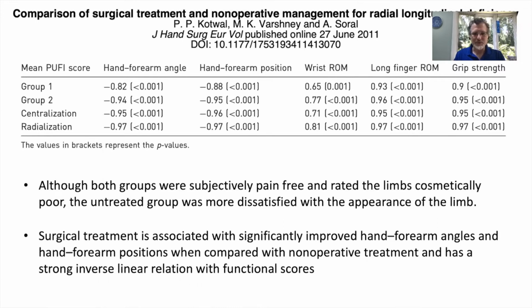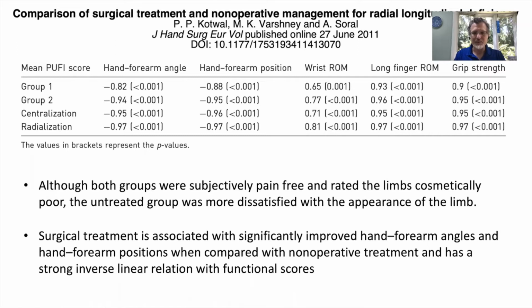And although both groups were subjectively pain-free and rated the limb cosmetically poor, the untreated group was more dissatisfied with the appearance of the limb. And therefore, they concluded that surgical treatment was associated with significantly improved hand-forearm angles and hand-forearm positions when compared to non-operative treatment, and that had a strong inverse linear relationship with functional scores. What does that mean? The child was able to have better function and was happier with the limb with surgery